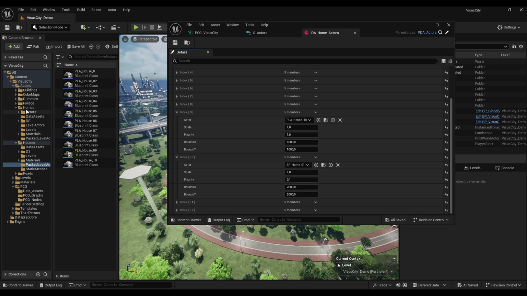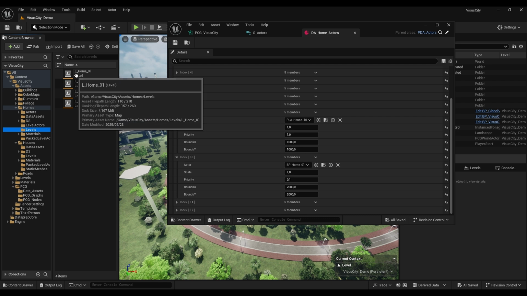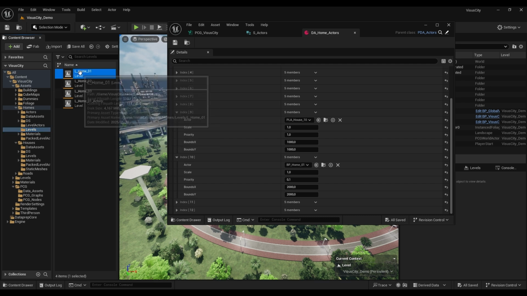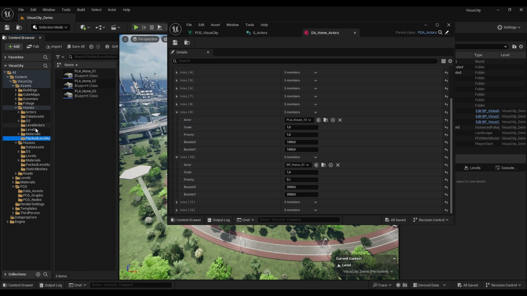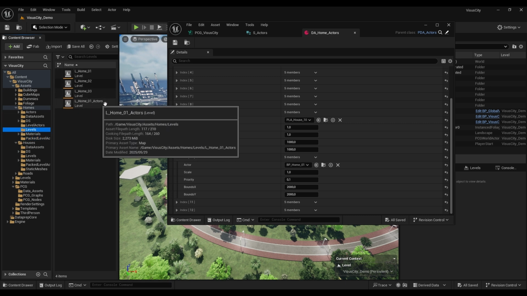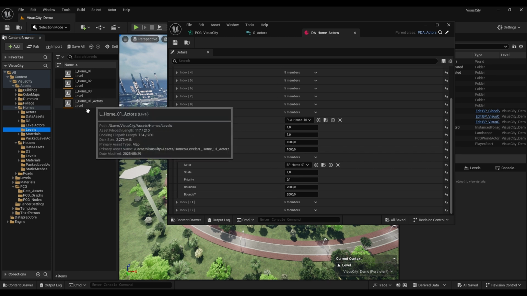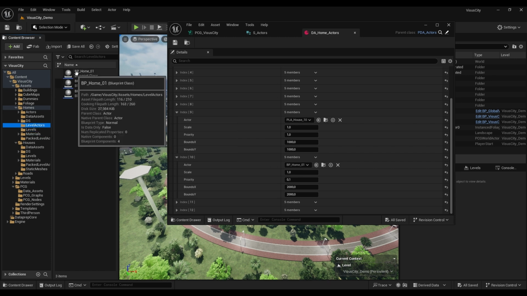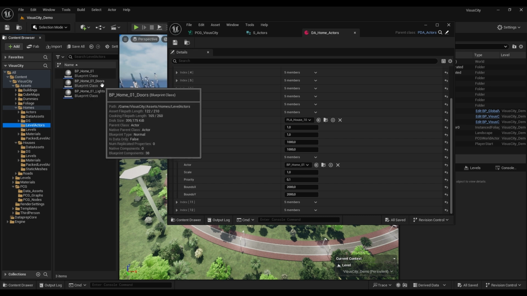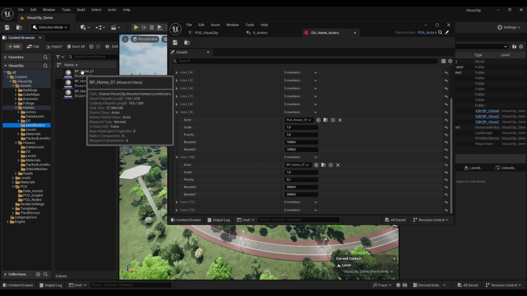Now you will see that under homes I've got my levels 1, 2, 3, and that level is the same as the pack level actor that gets into pack level home 01, right? But then I've also got a level called home 01 actors, which I'm going to explain in the next section, on why I've made this as a test level to add actors so that I can create a BP01 blueprint that contains the doors and the lights. And that blueprint is